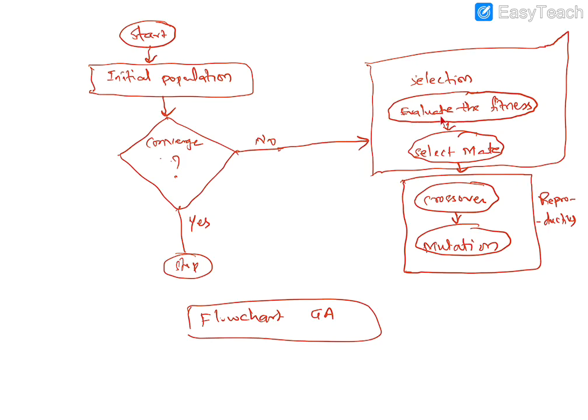And here, evaluate the fitness. That means we need to evaluate the fitness of each and every object, and whatever the fit items are, those are going to be considered for select mate. Yes or no? Whenever you perform genetic algorithm, among the data you have considered, you have to find out the fitness. So what is the best fit item, that we need to select in the evaluation of the fitness, and then you forward it to the select mate.